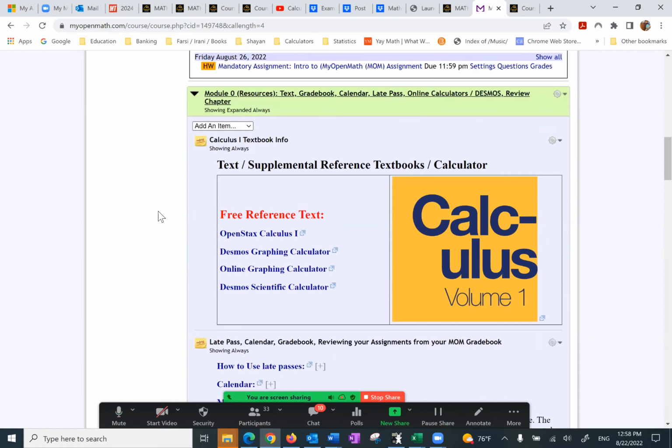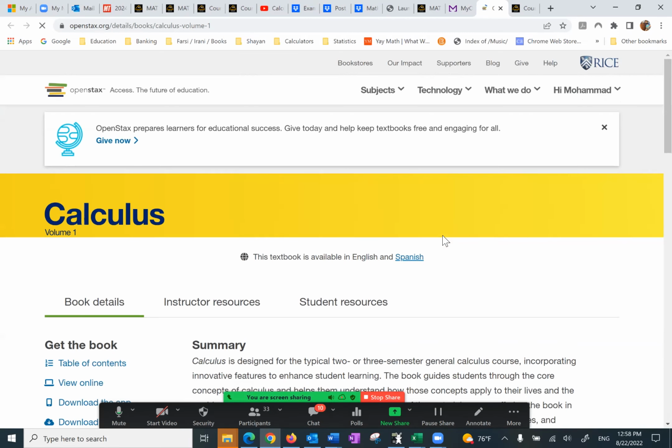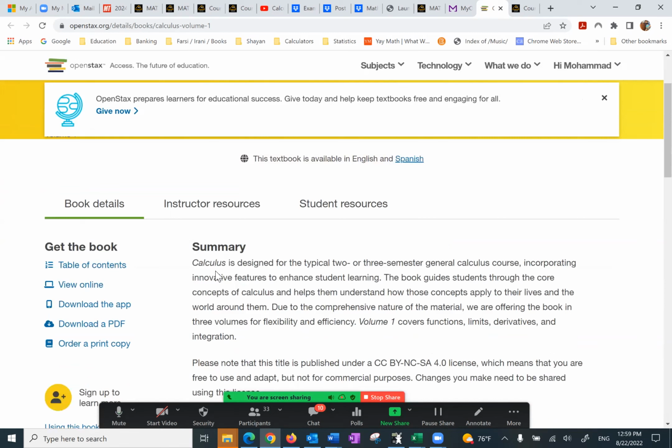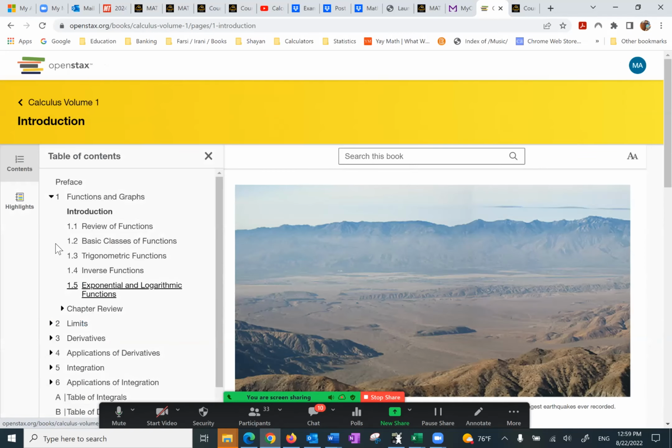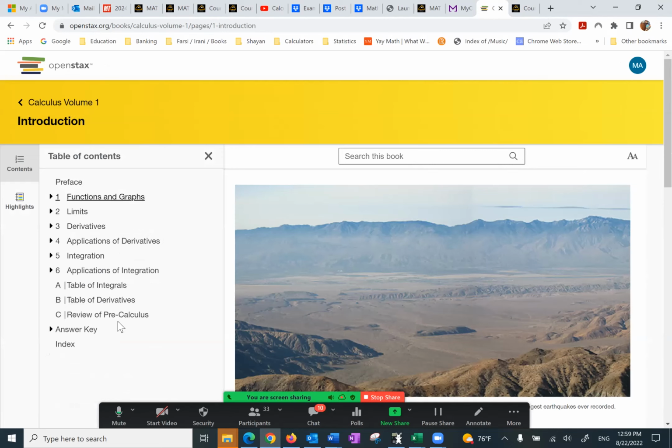What do you find? First, it is important for everybody to know this is a reference text. If I click on this one or this one, it brings it up. Table of contents, view online, PDF file, and so on. Click on view online, and you can see different sections. Are we going to cover the whole text? No, we are going to use the parts that we need for this course, and anything that is not provided here, I will provide with my notes and PowerPoints.